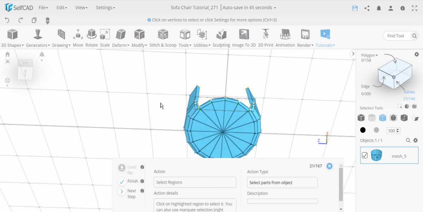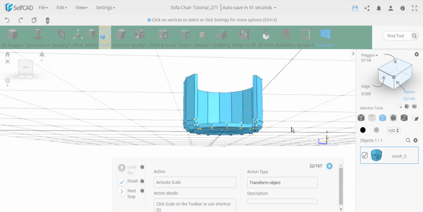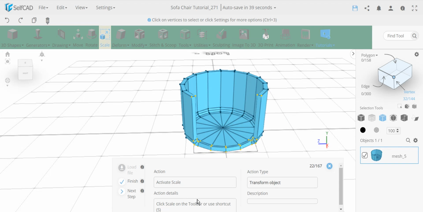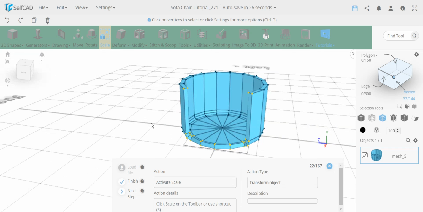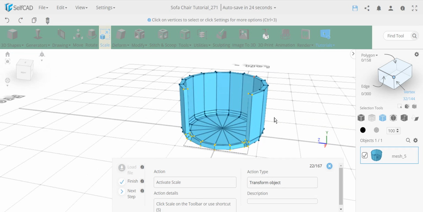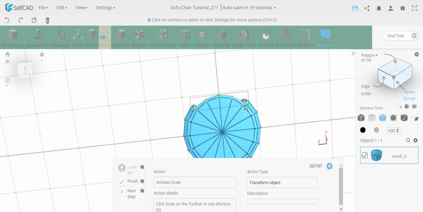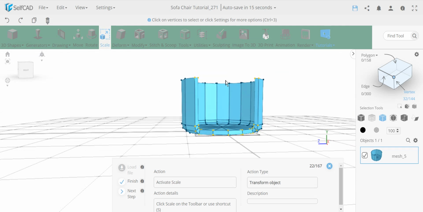I can only do this because in the interactive tutorial, SelfCAD knows what you need to select. So we want you to follow it, but we make it easier and allow you to use any means of selecting, and we ignore the other vertices that we normally would not. But in real design, you would need to be a lot more careful, because a simple broad selection would select unwanted vertices as well. But nevertheless, what we have done here is select everything in this rounded section and over here,